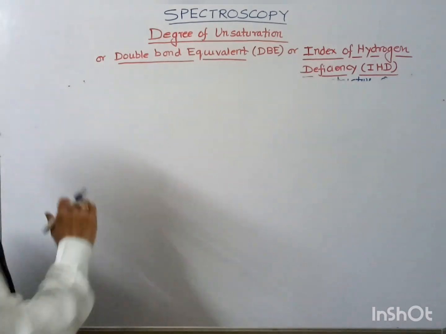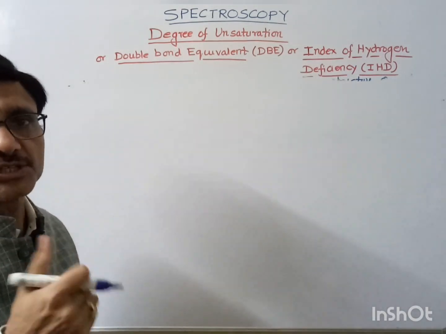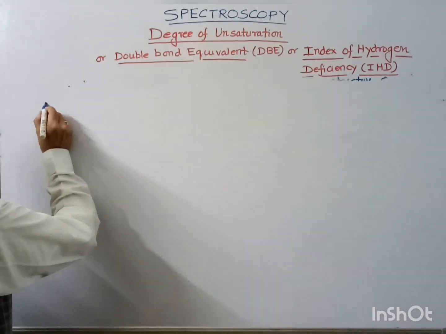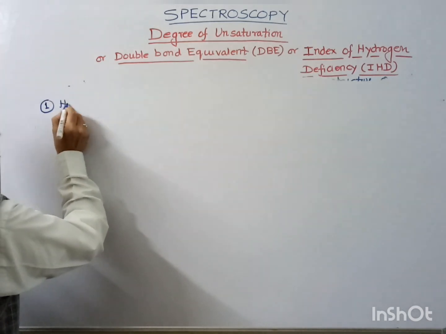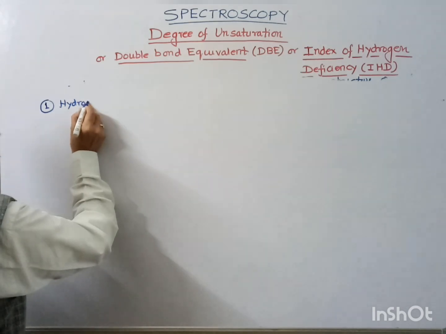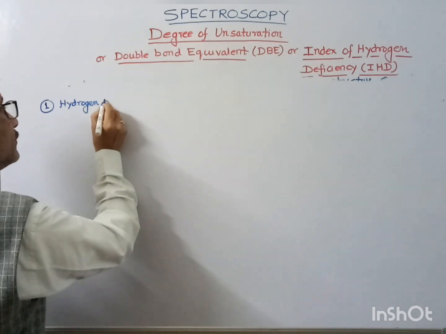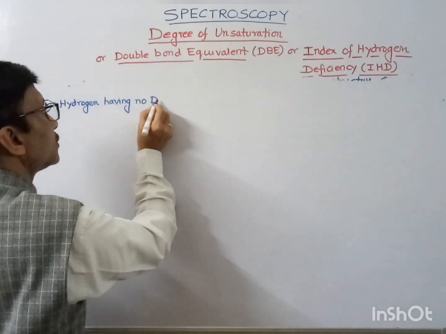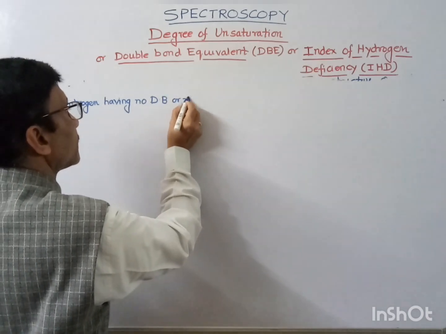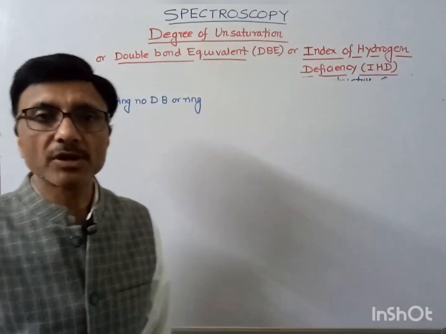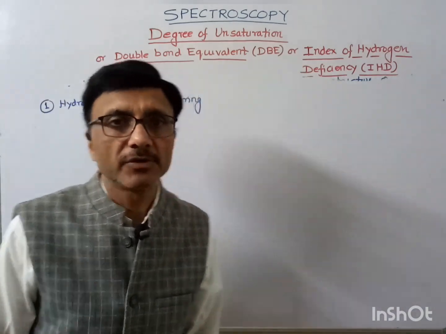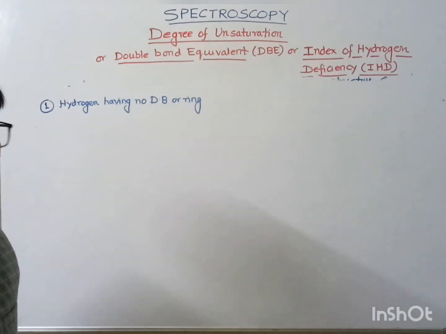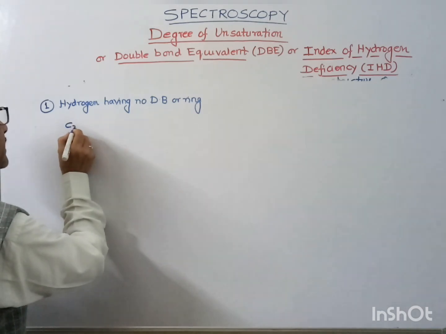Now suppose we have a hydrocarbon which does not contain any double bond. So we will take a case when the hydrocarbon has no double bond or ring. There is hydrocarbon. What does it mean? It means that it may be a simple alkane, like